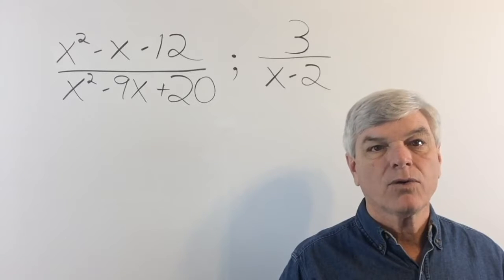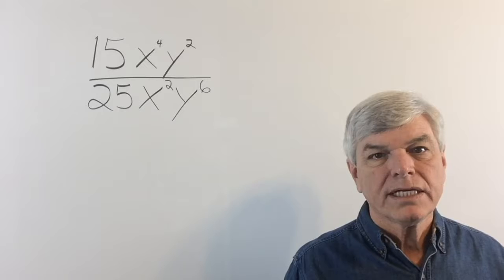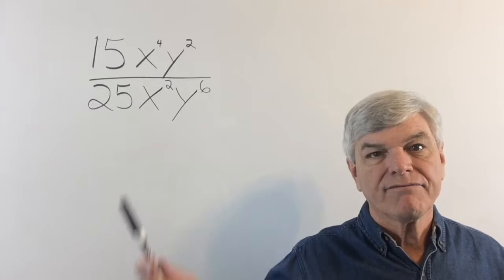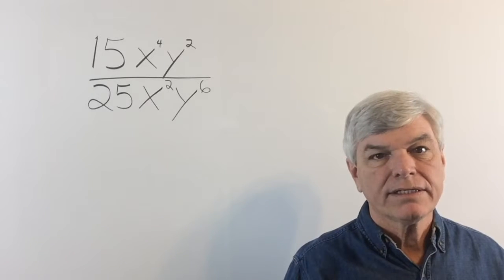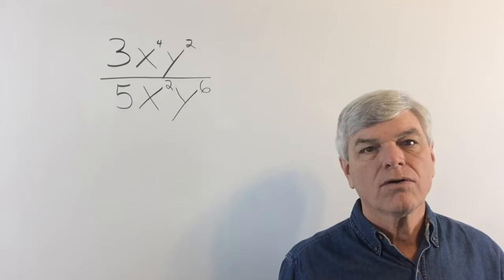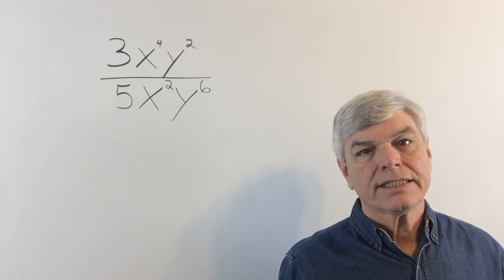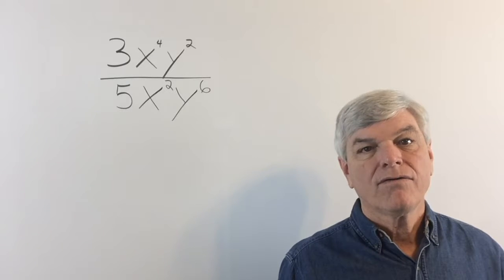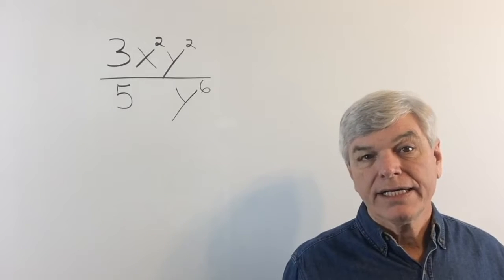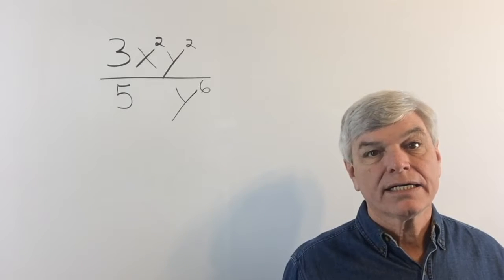And let's see how we're going to work with these. This is really nothing new, but a little practice might help to get us going. We got 15 over 25. We can reduce that to 3/5, and x to the 4th over x squared. Let's see, we remember how to do that. 4 minus 2 gives us an x squared on the top, and the x is eliminated on the bottom. If you don't remember how to do that, you need to go back to the previous lessons where we talk about how to add and subtract